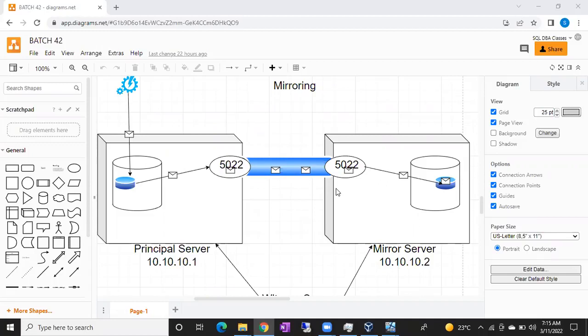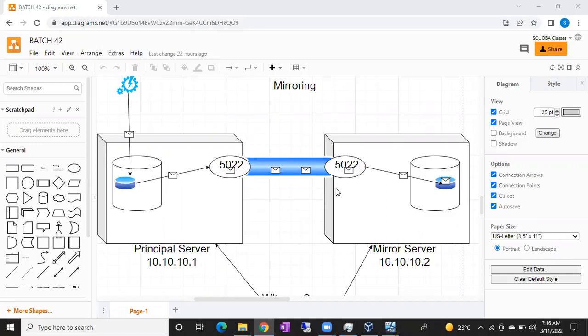The primary publisher, with the help of the snapshot agent, takes the backup and passes it to the distributor, and the distributor passes it to the subscriber. Okay. Replication data folder.